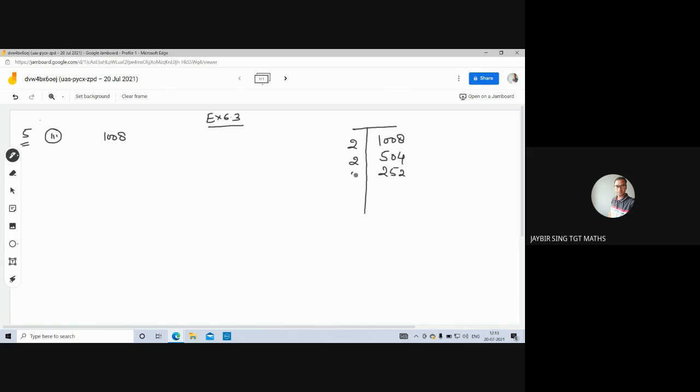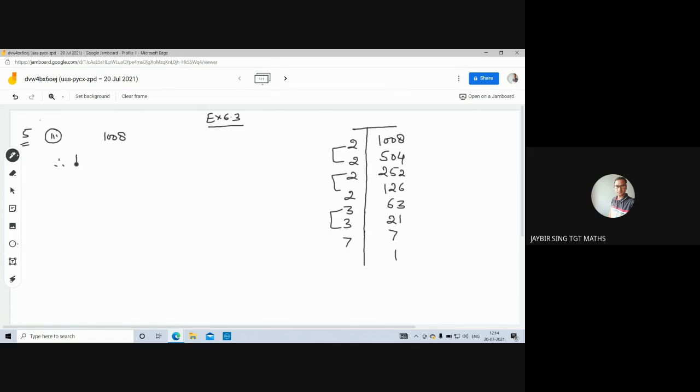Now this is 2, 2 ones are 2, 2 twos are 4, 2 sixes are 12. 2, 2 sixes are 12, 2 threes. Now this is 3, divisible by 3, 3 twos are 6, 3 ones are 3. 3, 7 threes are 21, 7 ones. You can see we have pairs of 2, 2 and 3, but 7 remains unpaired.